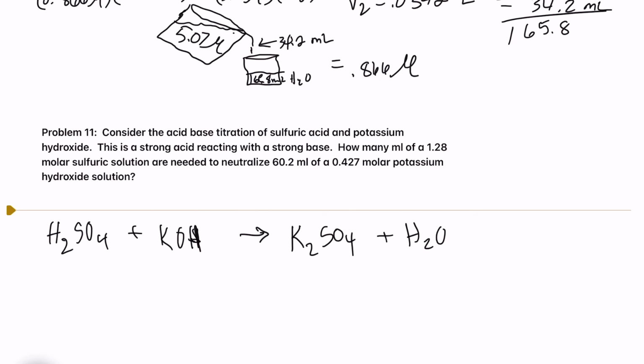The first thing I need to do is get a molecular equation and then balance it, because I'm going to need some mole to mole ratios here. So we look at our molecular equation here. It's double displacement. I see that I have potassium as a product. I have two of them and only one potassium on the reactant side. So I know I'm going to need an additional potassium there. So I'll use a coefficient of 2 in front of potassium hydroxide. And then I'll worry about balancing hydrogens and oxygens at the end.